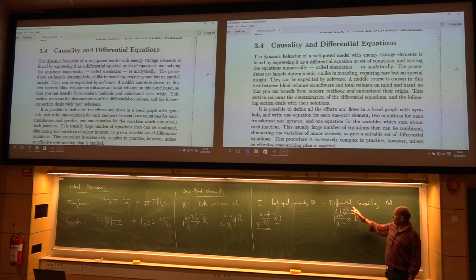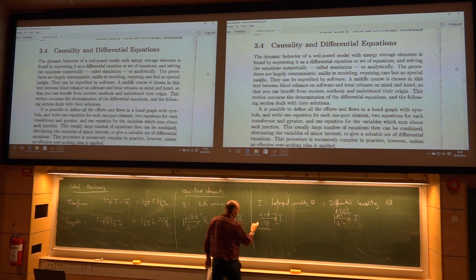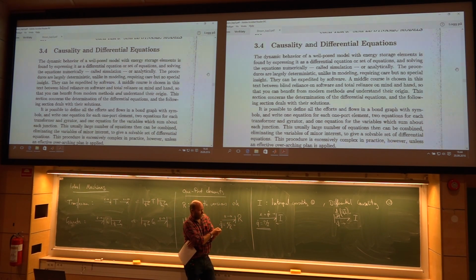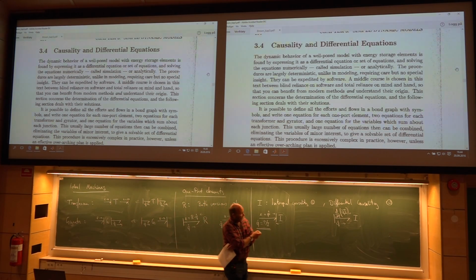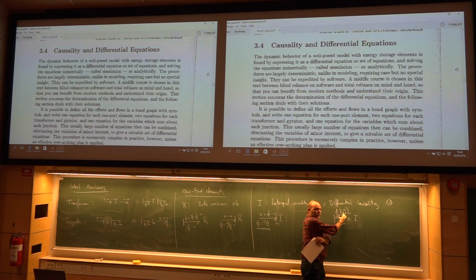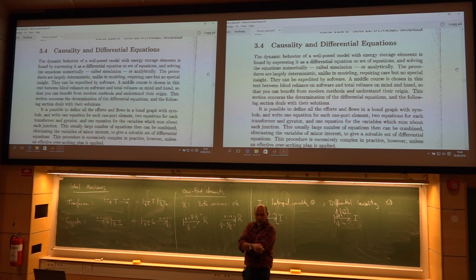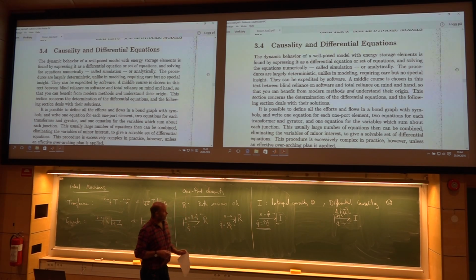One might think that this differential form should be the preferred. I mean, we are seeking first order differential equations, aren't we? Then we have a derivative here. But no, that is not the derivative we actually want. We have the derivative here. This is what we want. The Q alone, that's what we are seeking. Q as a function of time. So this will be one first order ordinary differential equation. If you do the derivative here, you will have a double derivative. That's a second order equation. We don't like it. We can handle it, but